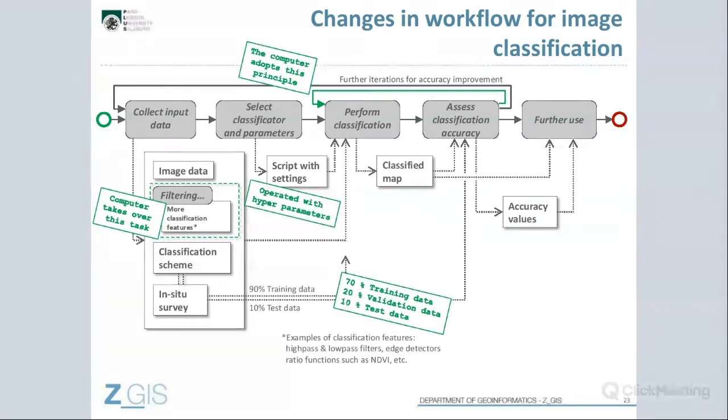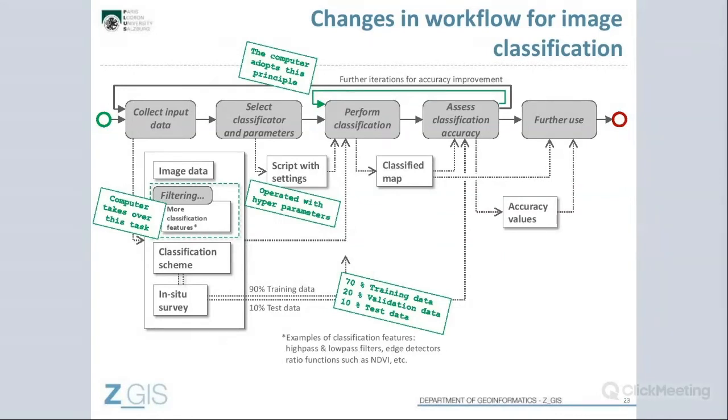So what does this change from our workflow? So this iteration that we had for making a new filter and improving the classification by that, this is a principle that the computer adopts here. So you do accuracy assessment, you correct, you do the classification again, and you do that again and again and again.